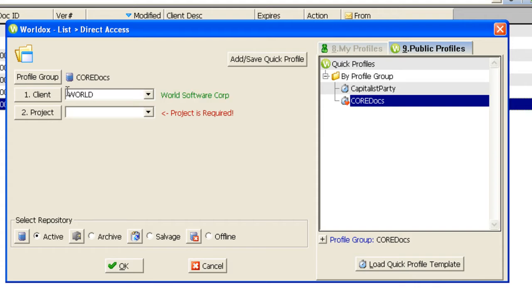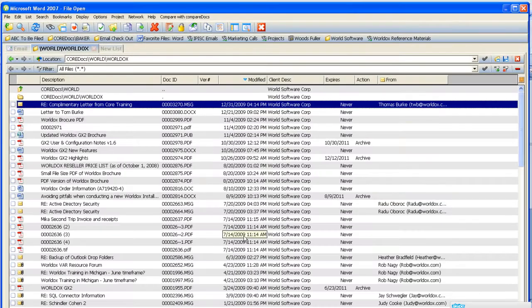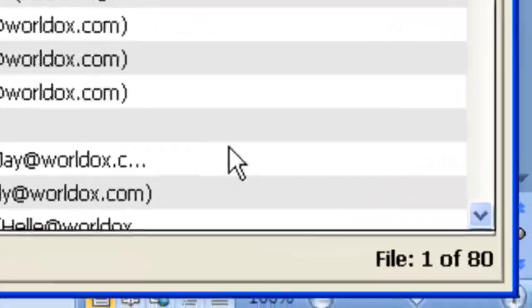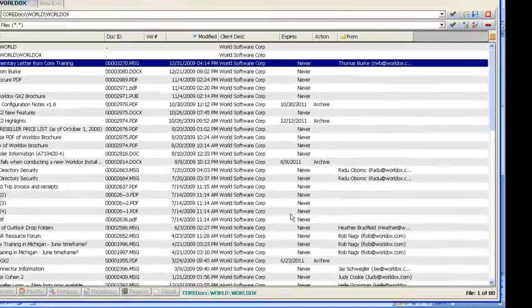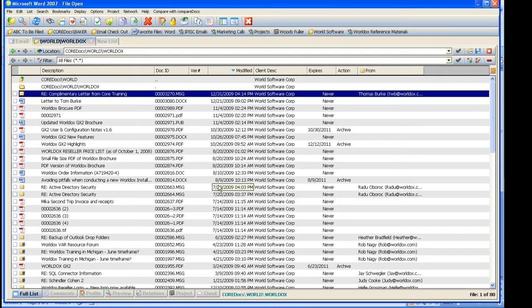Client is World, project is WorldDocs. Okay, takes me right to the WorldDocs folder, client of World, and there you see I have email messages, Word documents, Adobe PDF files, all sorts of different file types here. So when you get to a folder that has all sorts of files, and if we look in the lower right hand corner we see there are 80 files in here, it's good to know some of the other filtering